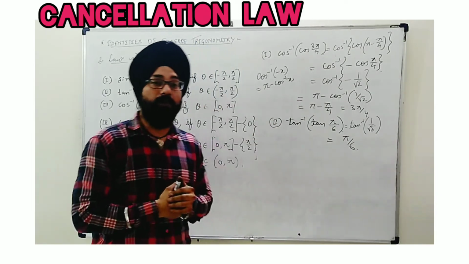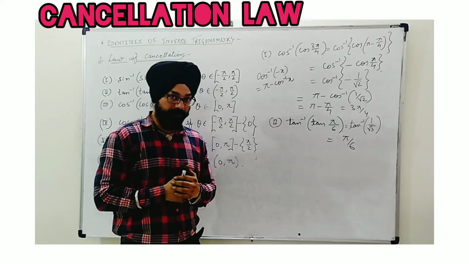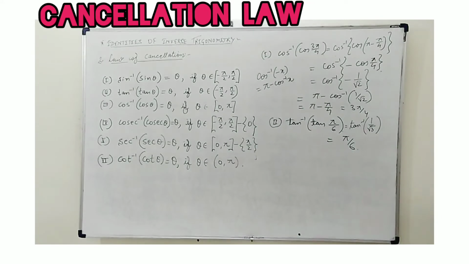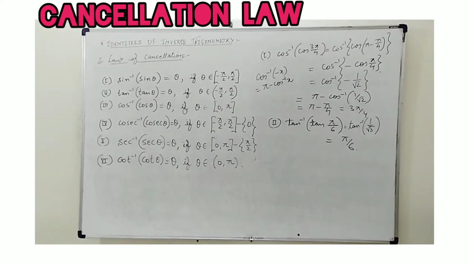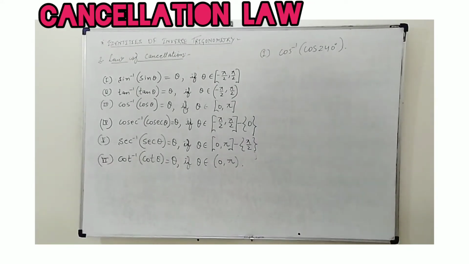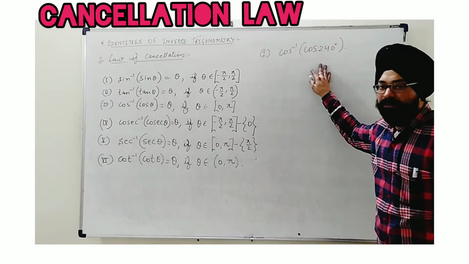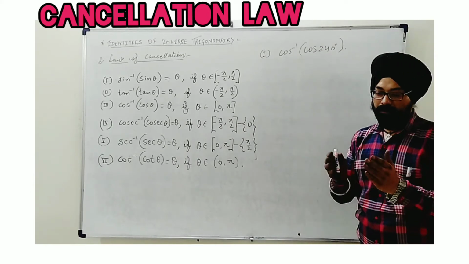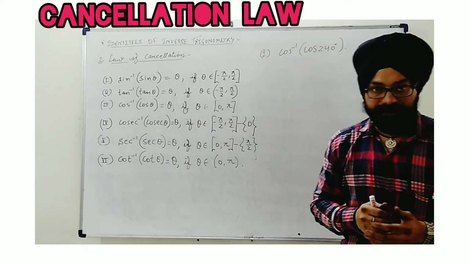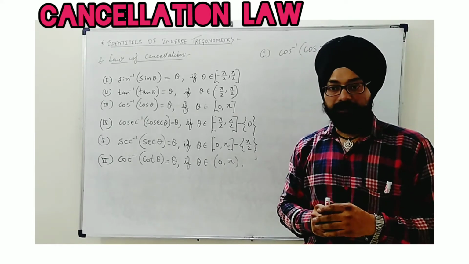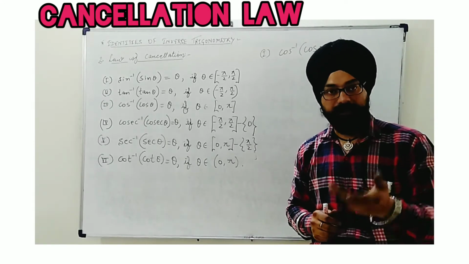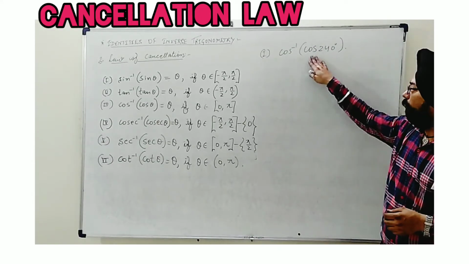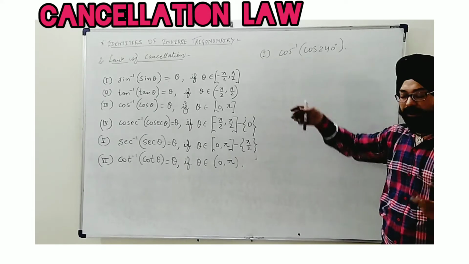Now what we have to do when angles are not in the principal branch? I will explain with some examples. Let's start. Here first we will start from those angles which belong to the range of 0 to 360 degree. First of all, we will see in 0 to 360 degree, then we will see what to do beyond that range. Here, I have taken cos 240 degree with cos inverse, whether being cancelled or not.